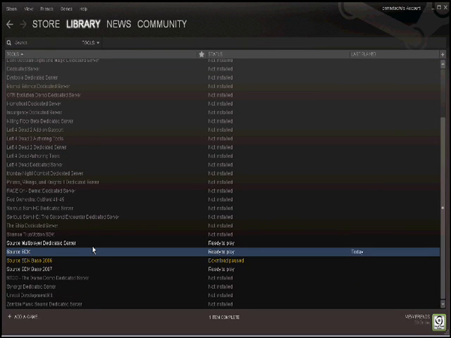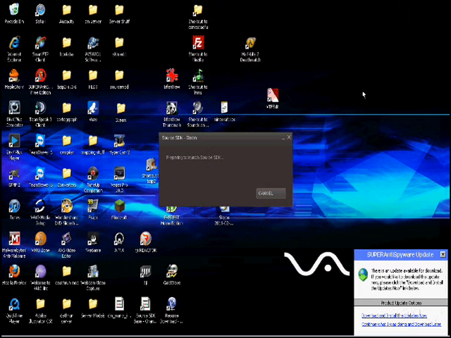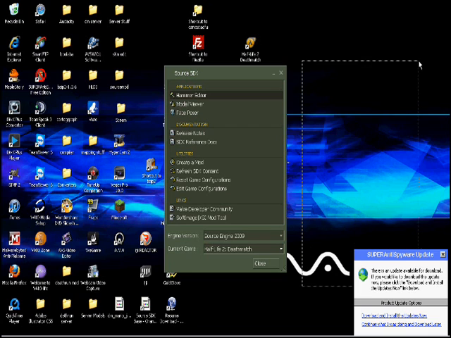Now you might not have Source SDK if you don't have a Source game. Then I don't know why you would be watching this, but if you have Source SDK, you would click on this and you would download it or launch it if you already downloaded it. Now I already have it launched, so no need to launch that. So once you get your Source SDK up,